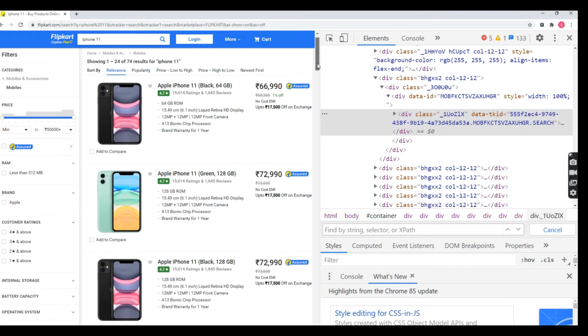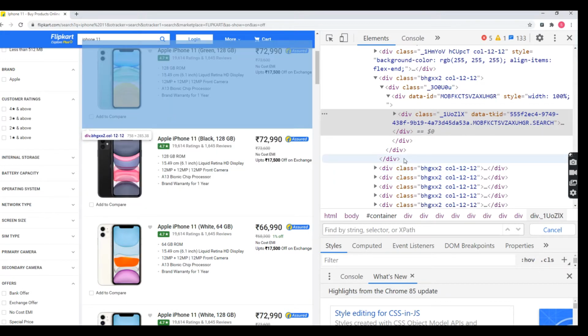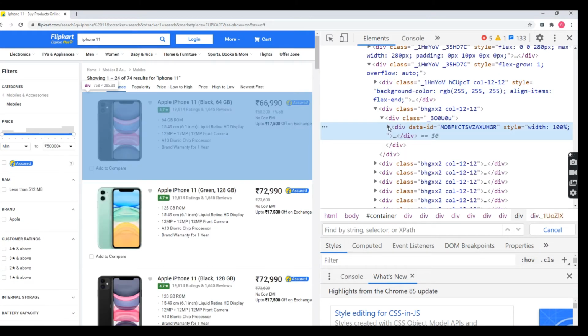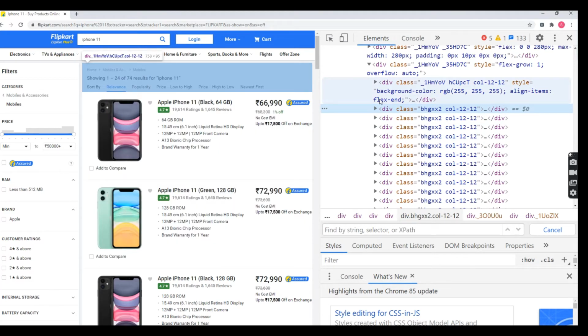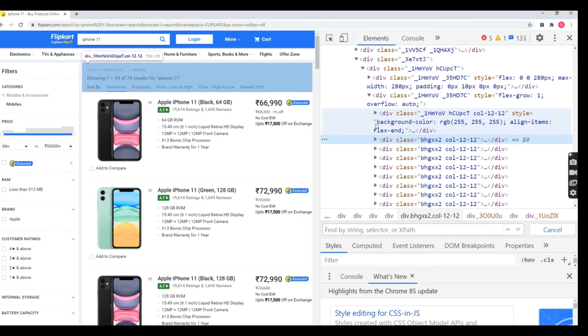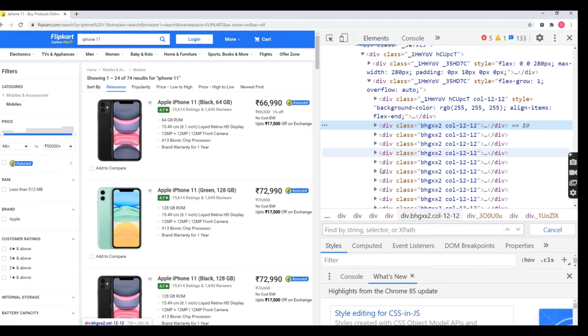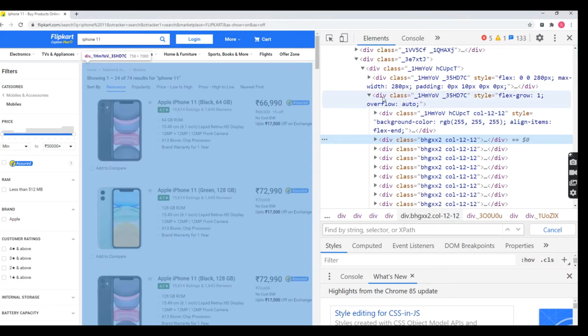So all these divs are stored under this div with the data ID. See this div, this div, this div. All the divs are available, but all are stored under this one div.